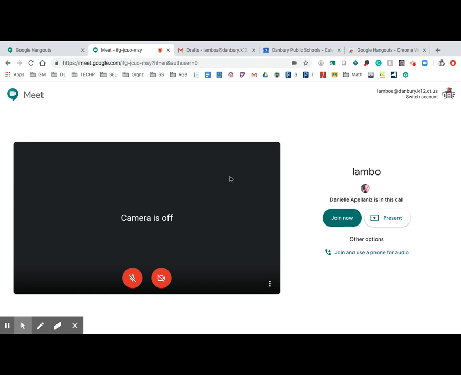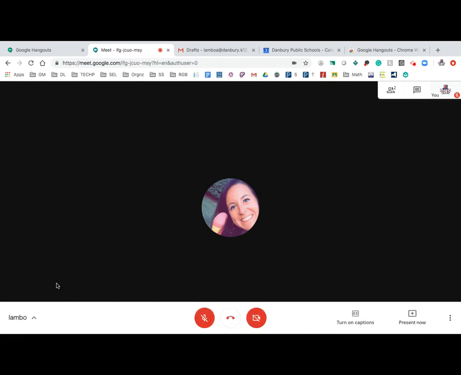If you're planning on presenting your screen to them, you would hit that Present option right there. We're going to go to Join Now. Once you're in this screen, again, you have all those different configurations at the bottom. You're able to mute yourself, unmute yourself, turn your camera on or off, and this is to leave the call